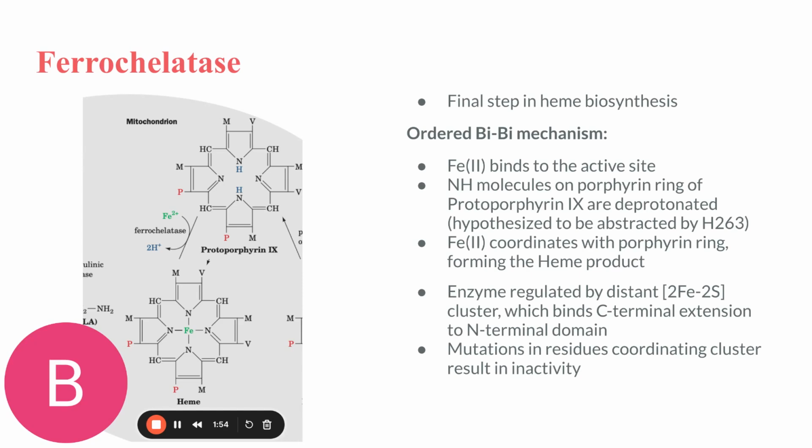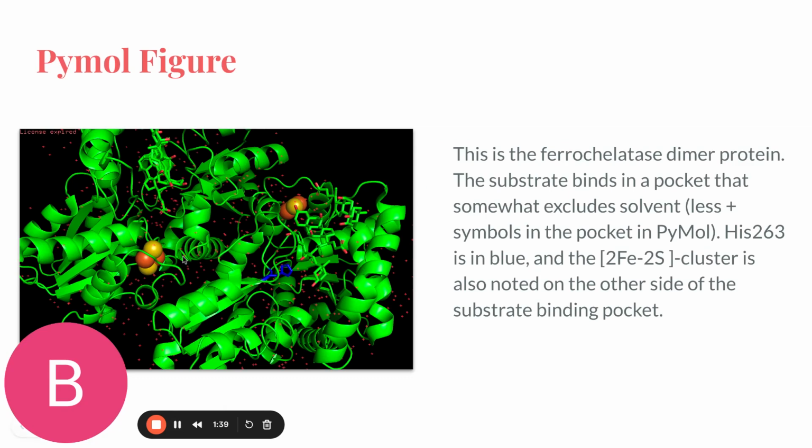And we see that the enzyme is regulated by a distant iron-2 sulfur cluster, which binds the C-terminal extension to the N-terminal domain, and residues in the histidine and related residues cause a loss of activity. Now let's quickly take a look at the enzyme itself, ferrochelatase. This is the ferrochelatase dimer protein. The substrate binds in a pocket that somewhat excludes solvent. There's less of these red things here, and I have the histidine 263 highlighted in blue, and there's a distal 2 iron 2 sulfur cluster on the other side of the substrate binding pocket